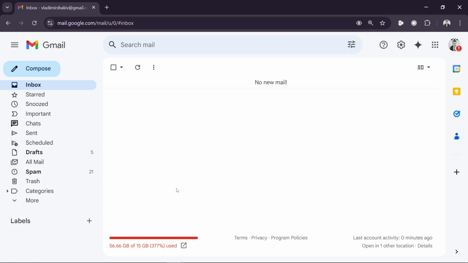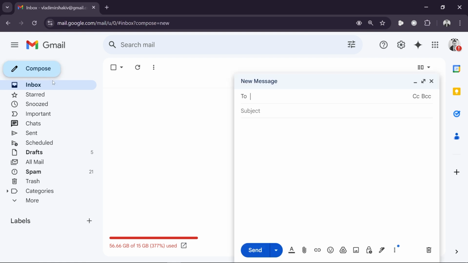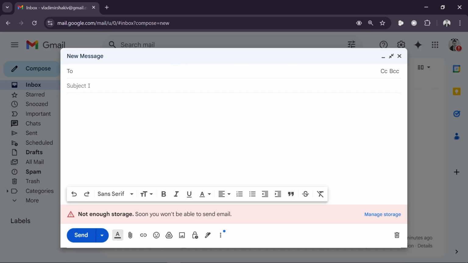How to attach Google Drive file to email. Now, in order for us to get this done, what we are going to do is try to compose a new mail first. And then from here, what we're going to do is just fill in all of the things